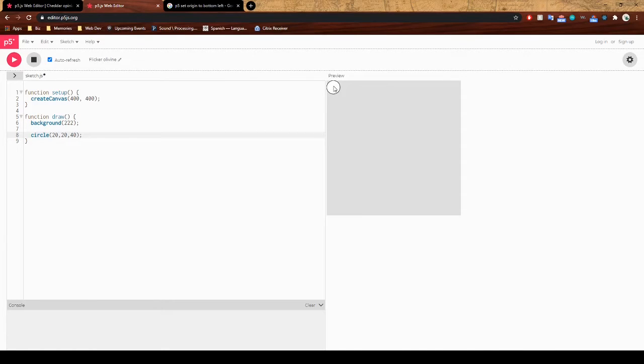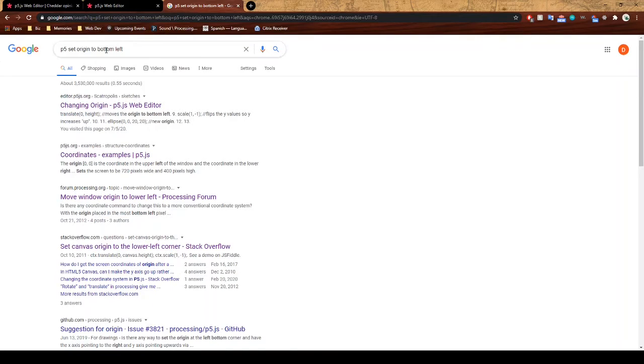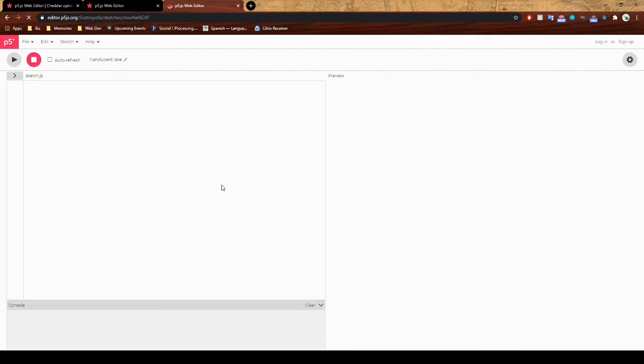And if you can tell, that's at x coordinate of 20, y coordinate of 20, and it has a radius of 40. One thing I don't like about this is how the coordinates are counted from the top left. I like it when y increases upwards instead of y increasing downwards. So one thing that you can do is set the origin to the bottom left. I just googled how to set the origin to the bottom left, and I'm going to copy paste this code